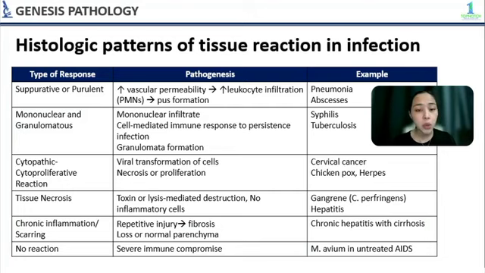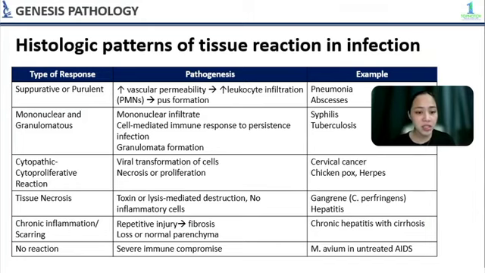The next reaction is cytopathic and cytoproliferative reaction. So this is usually seen in viral infections. Some viruses can replicate within the cells and make these viral aggregates that are visible as inclusion bodies. So later on, i-discuss natin yung ibang mga inclusion bodies na yan, like your Cowdry type A na para sa HSV, ganon. Okay? Also, yung viruses, they also cause cytoproliferative reaction, cyto meaning cell, and proliferative meaning proliferation. Like yung nakikita natin, no, yung proliferation ng epithelial cells causing warts formation in HPV infection.